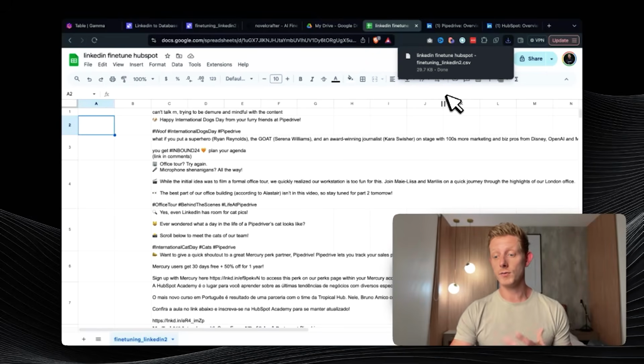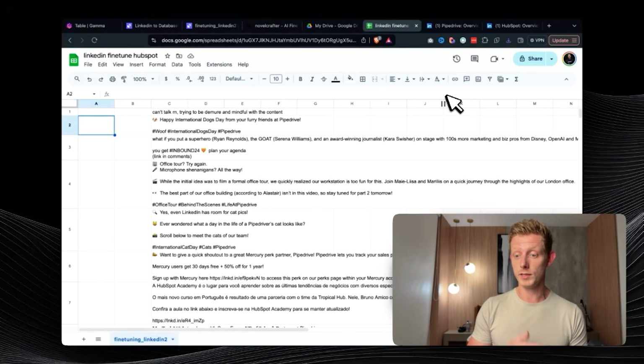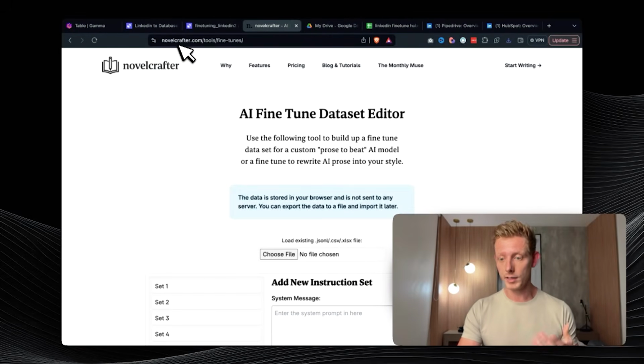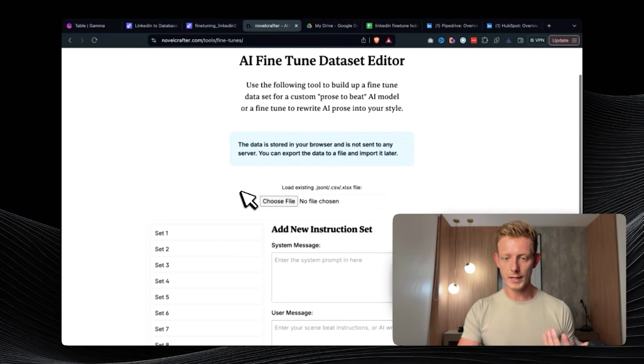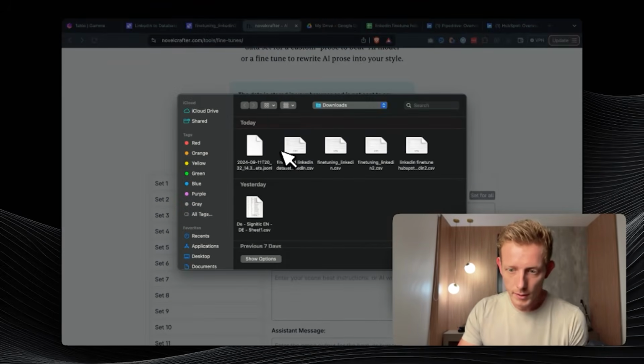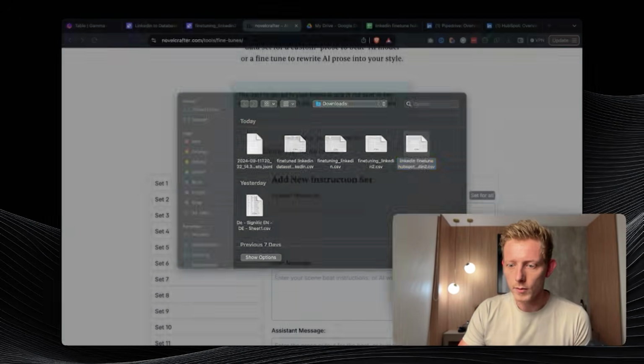Right, now we have the CSV file, and now we have to convert that into a JSON-L. Now the easiest way to do that, which I found, is through a platform or a website called Novel Crafter. I'll share a link in the description below too, where they have a very simple tool to do this, right? So we can just upload our file here, right? So we upload our file,